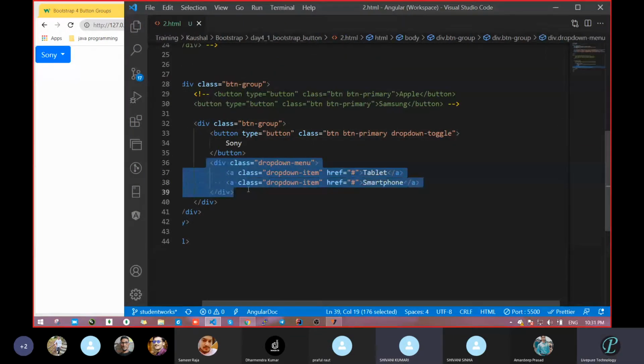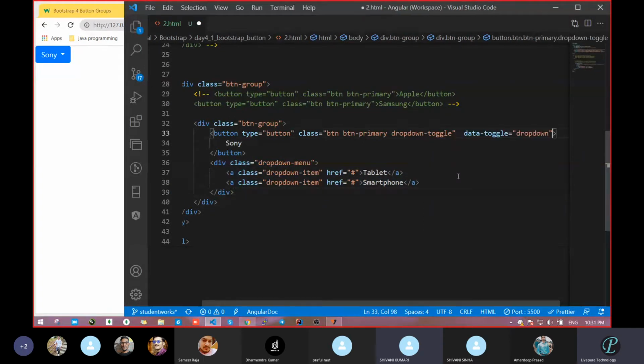Clear? But still it's not opening, because with the help of the name itself you can get this. Data-toggle means it's going to toggle between the data. And which data? Dropdown. And where is this name? Dropdown in our section. See this first one, dropdown-menu. Next is dropdown-item. So combinedly you can think this way: it is going to toggle, means it is going to make a relationship between this dropdown item, whatever values are there, and this section, this button. Clear or not?